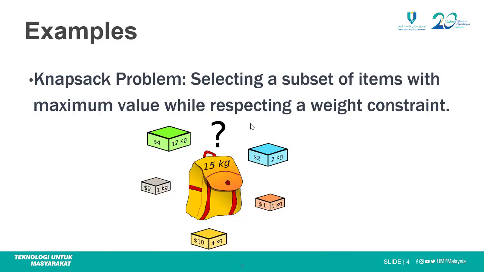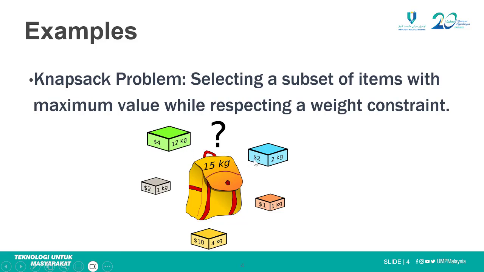Then another example is the knapsack problem. Selecting a subset of items with maximum value while respecting a weight constraint. This is one of the popular problems in combinatorics, where we have a limited carrying capacity, and we want to take as many items as we can, but of course we would like to select the items which have the highest value. For example, if we combine this item in green color, 12 kg, with this item, 2 kg, the value is only